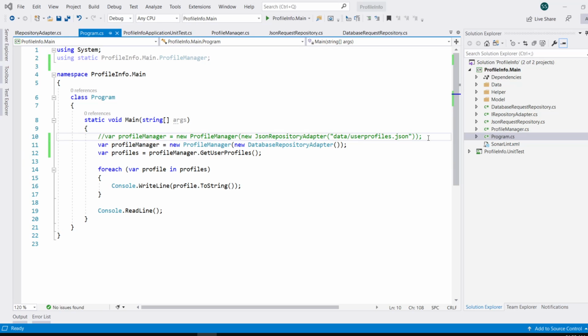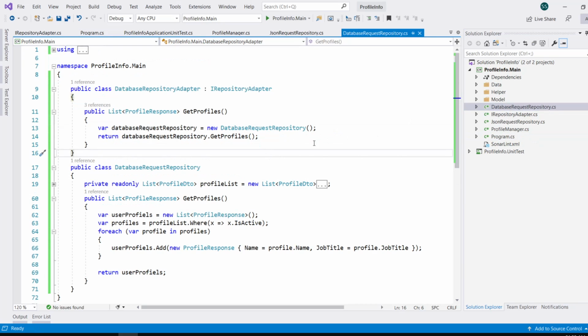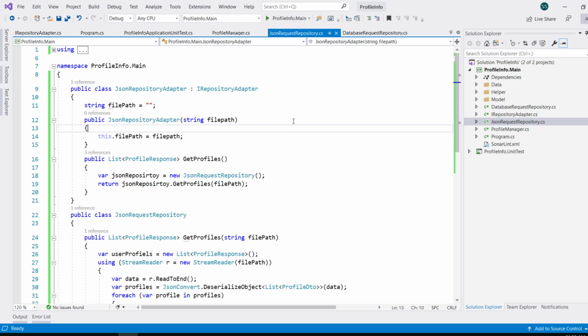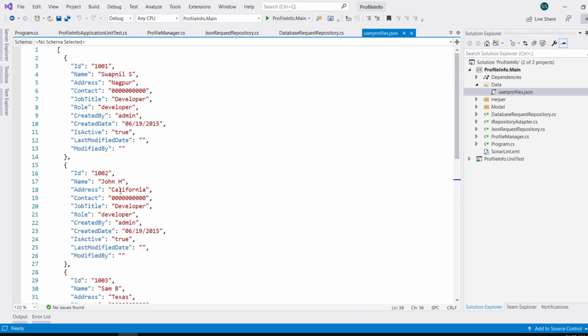There is one more way through which adapter design pattern actually helps us, and one more way to implement it. Let me just show it to you. In database request repository, we are actually dealing, or I will just go to JSON request repository, better way. We are reading records from JSON file, and most of the time when we read data from database or any different source, it might have detailed information. Let me just show you sample data in the JSON file. So this particular file actually contains